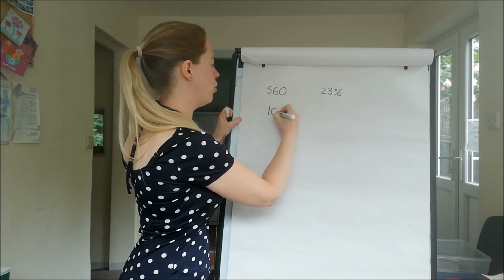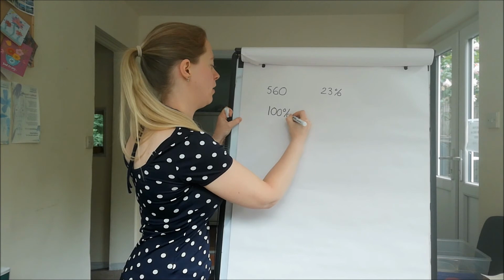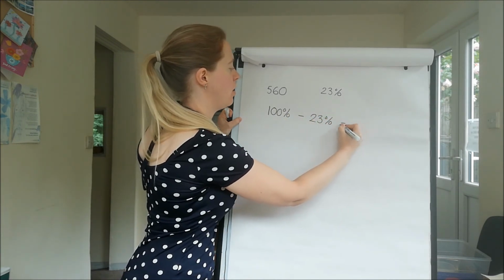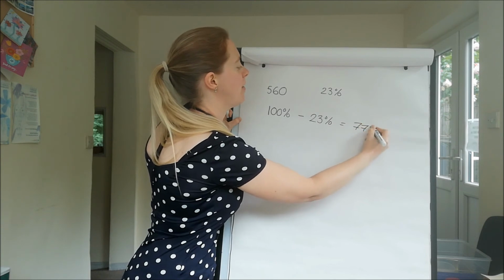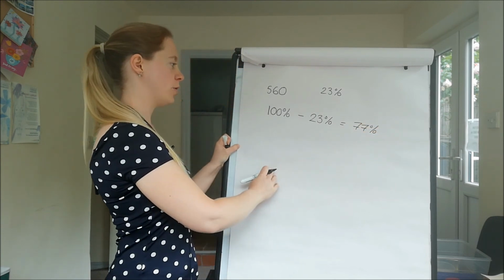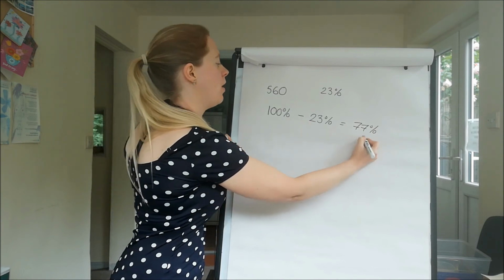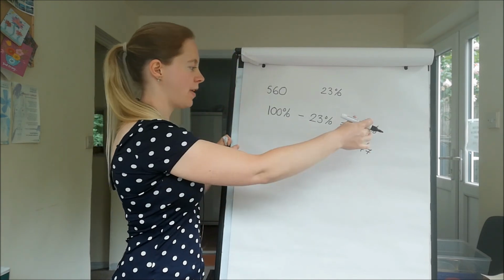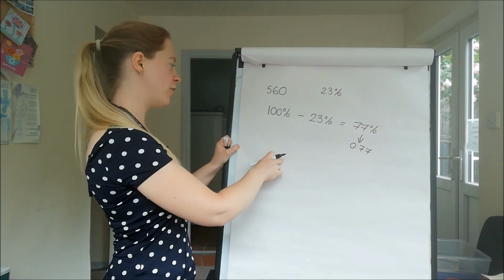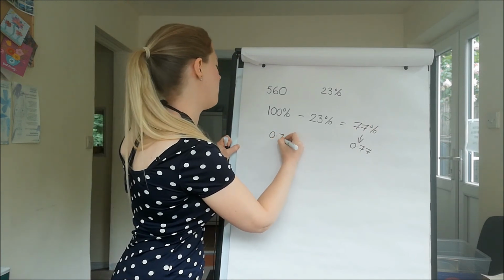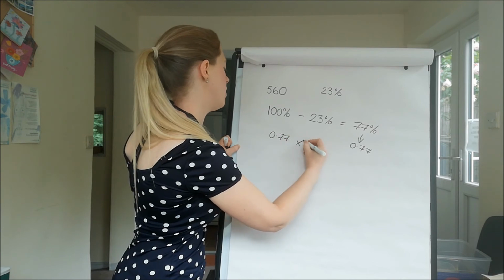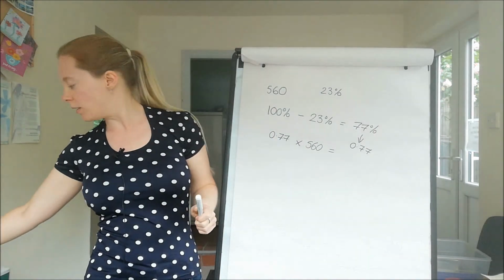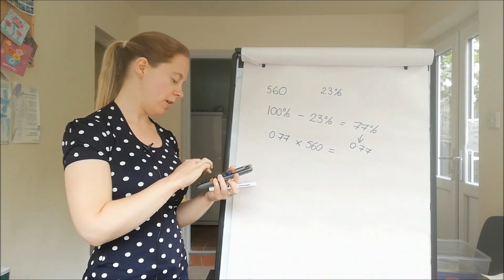So we'd have 100% take 23%, which would leave us with 77% who study German. As a decimal, that's 0.77, 77 over 100 if you want to use the fraction. So we'd have 0.77 times 560. And if I put that in the calculator,